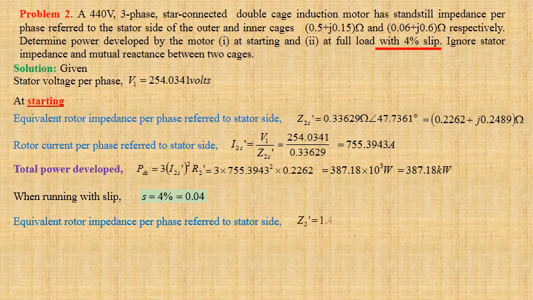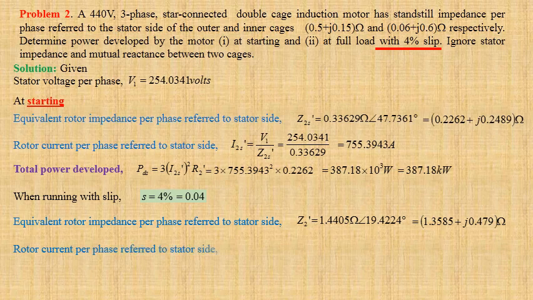When running with slip S equals 4% or 0.04, equivalent rotor impedance per phase referred to stator side Z2' equals 1.4405 ohm at an angle 19.4224 degree. This may be written in Cartesian form as 1.3585 plus j0.479 ohm. Rotor current per phase referred to stator side I2' equals V1 by Z2'. Using values we get 254.0341 divided by 1.4405,